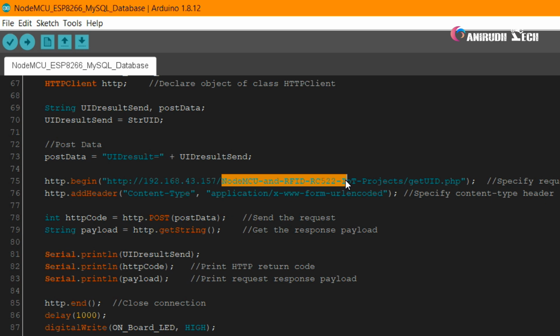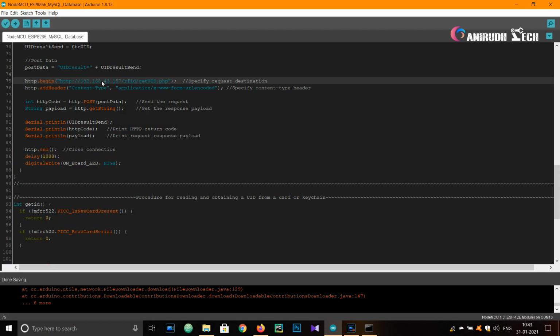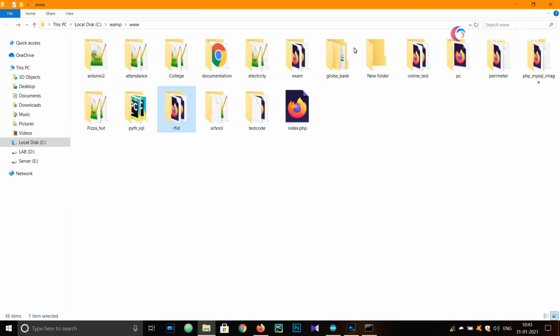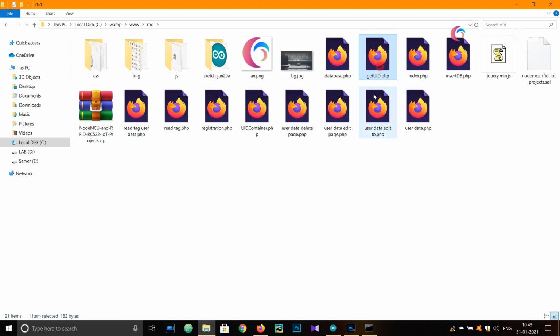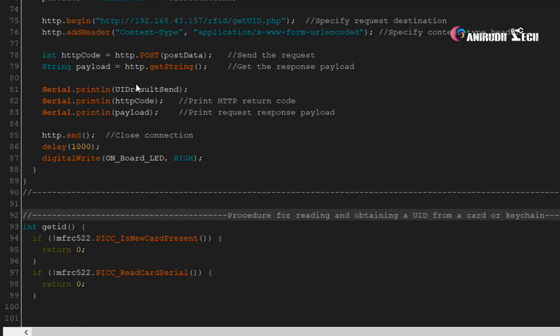Now you want to give the name of the folder on localhost where your files are saved. For example, your getuid.php file is saved there, and also other files including your index file and all. We want to give it because we want to send the data from our NodeMCU to our PHP web interface. So for that, we give our localhost address here and also the name of the folder and the file into which we want to send that data, for example our UID.